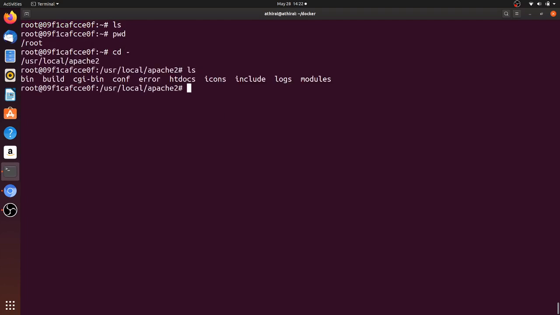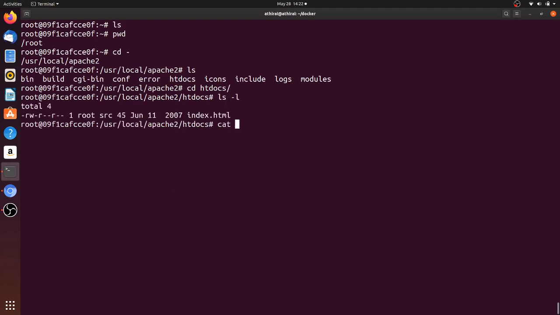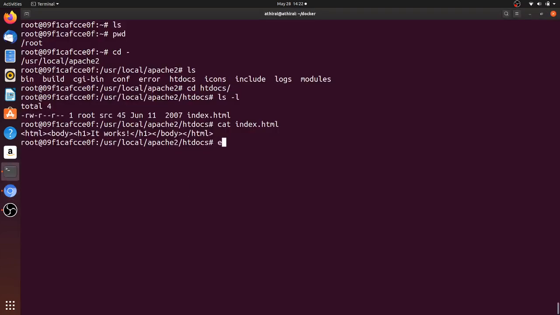So now I'm going inside the htdocs folder: usr local apache2 htdocs. From here only, the index.html is present. So this "It works" is coming from here. It is getting hosted from this file only.